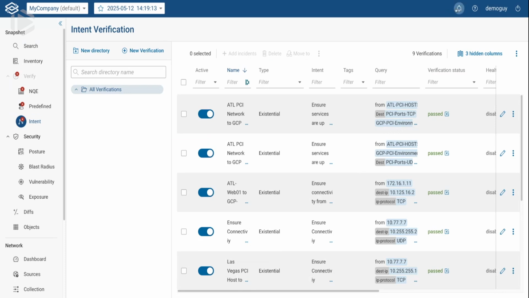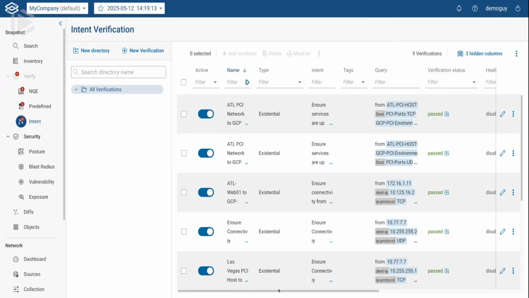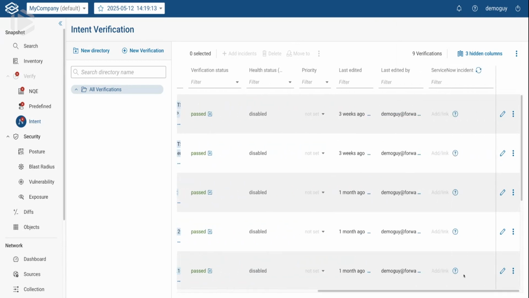So with that, intent verification, right? You saw the alert coming up here. We can also send emails if that happens. We can also link it to a ServiceNow ticket too, where if the incident does come up, a ServiceNow incident can actually be spawned. And then you can attach the incident to the change request to show, hey, listen, we tried this, but it failed because of this. And now we have to go back and reconfigure that firewall to not have a WAN policy on a VPN link.